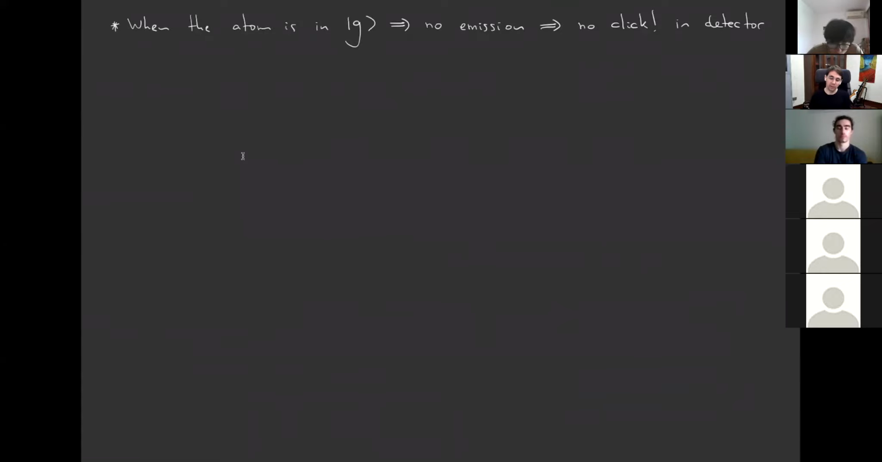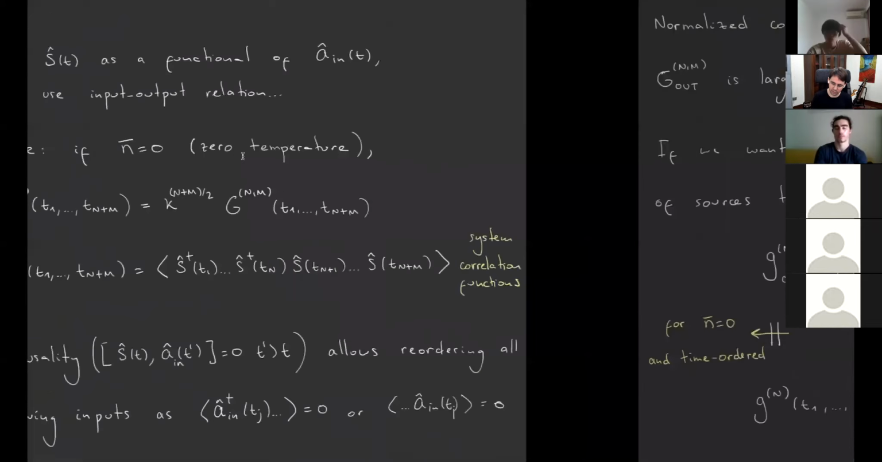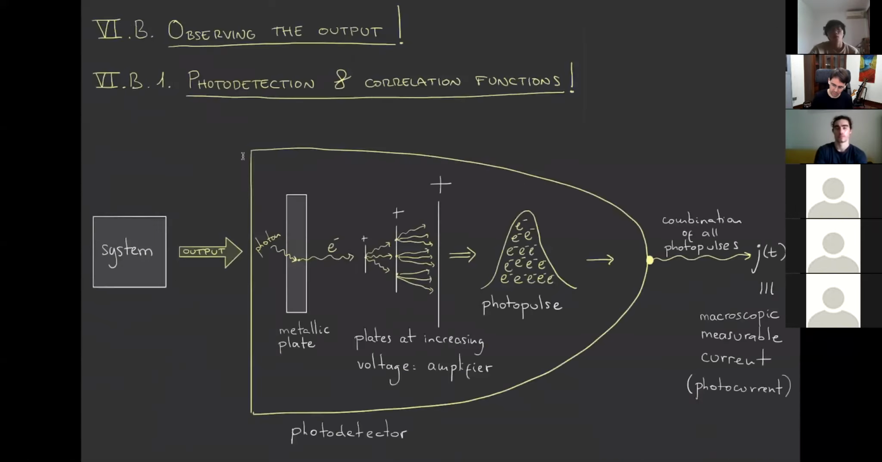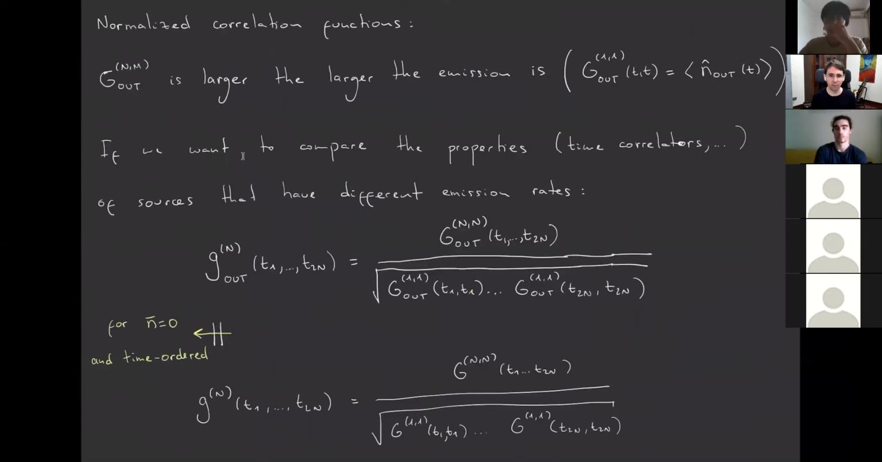Okay, so when I say click from now on, I will always mean, let me go to the photodetector, that you create one photopulse. So that's what I mean by click. It's just a funny way of saying that if you have a photon that is absorbed by the photodetector and one photopulse appears in the photocurrent, then the detector will tell you click, similar to the Geiger counters for